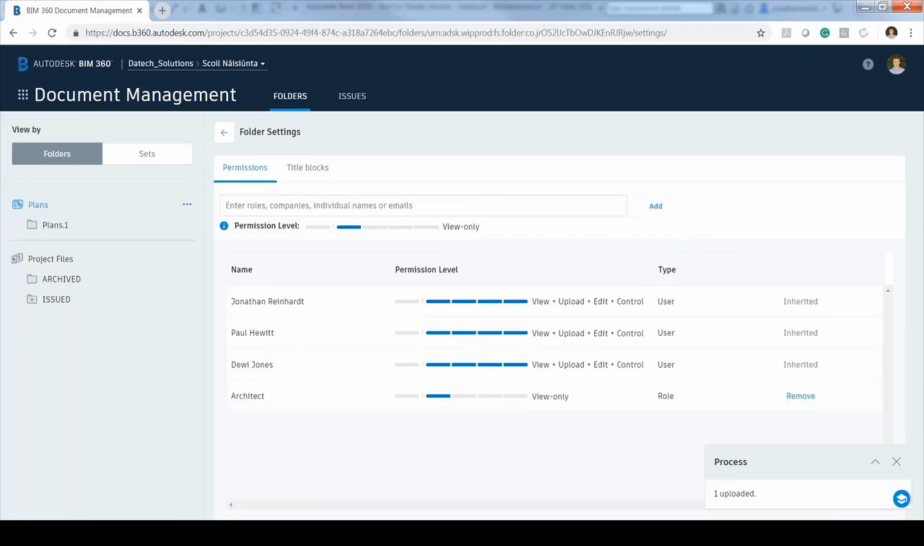And you can see anybody that the role architect is assigned to will only have viewing permission. But I think I'll give them view and edit, upload, edit permission as well, and we'll assume they don't have control for now. And you can also remove that role as well for that particular folder. So then going backward into your plans,